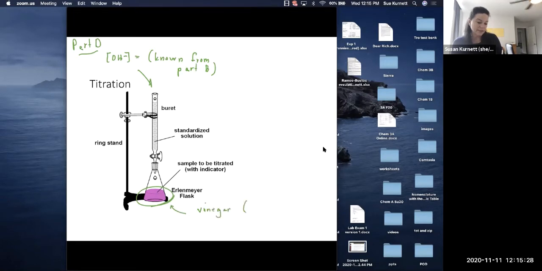And vinegar is a mixture of acetic acid and water with flavorings and other things. And your goal is to figure out what percent of that mixture, which is a liquid, is vinegar. And so this whole thing adds up to a lab that if we were on the ground, we would spend